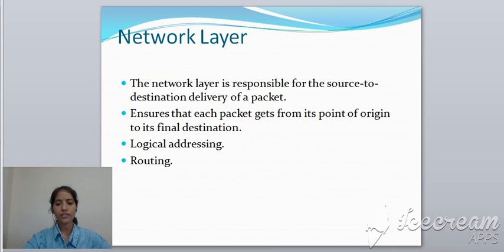If two systems are connected to the same link, there is usually no need for a network layer. However, if the two systems are attached to two different networks with connecting devices,